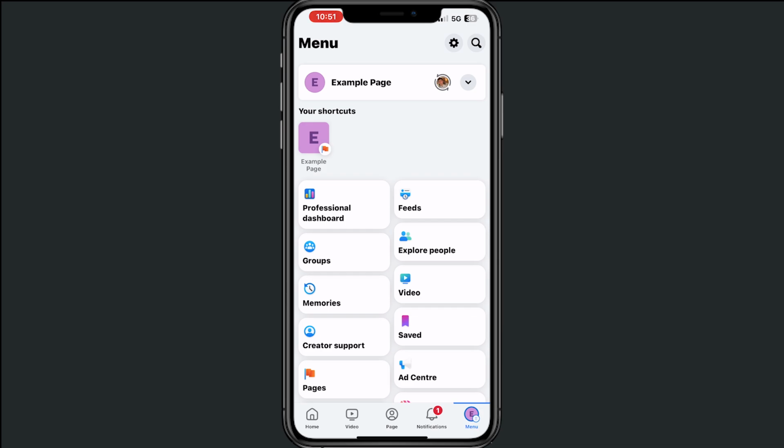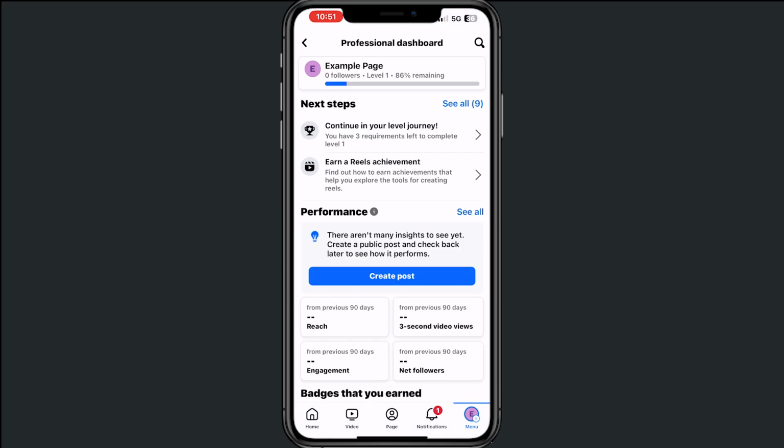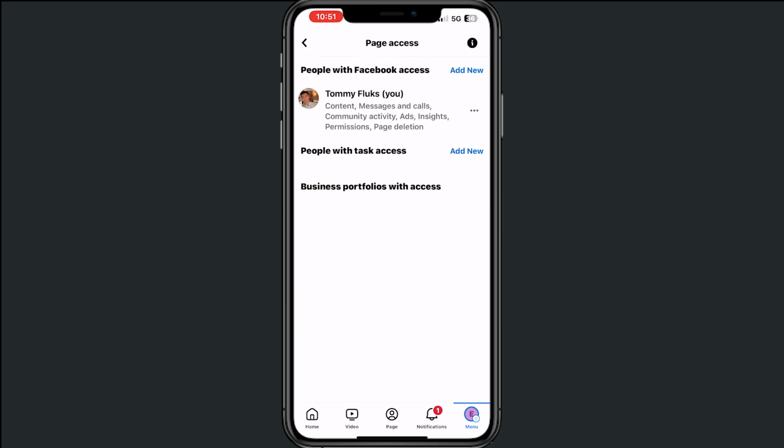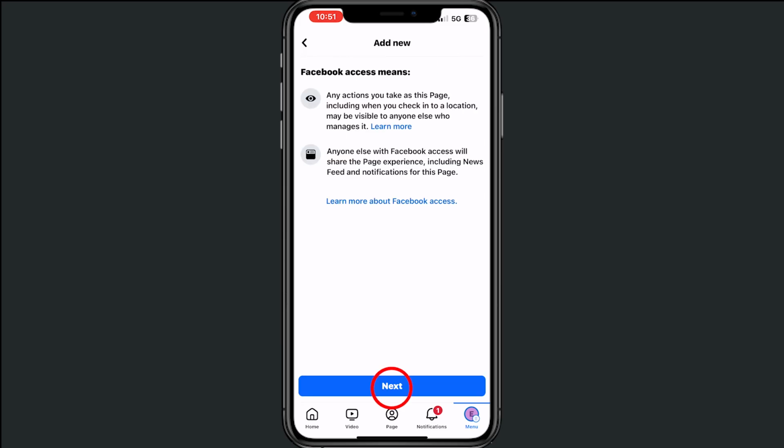Alright, make sure first of all that you're logged in to your page. After that, tap right in the bottom on menu. Then after that, tap on professional dashboard. And then from there scroll down to page access. From there we want to give people Facebook access, so tap on add new from there and then tap on